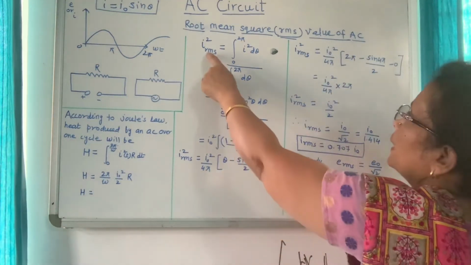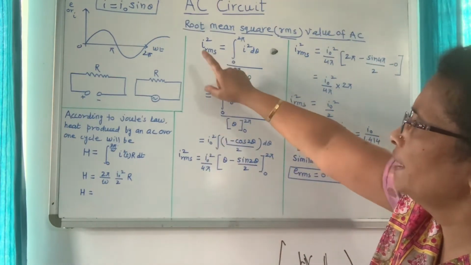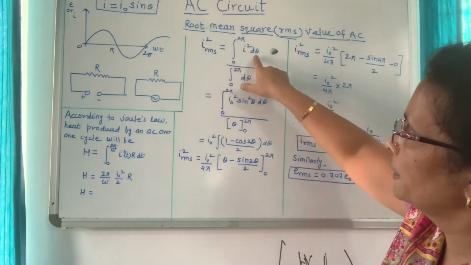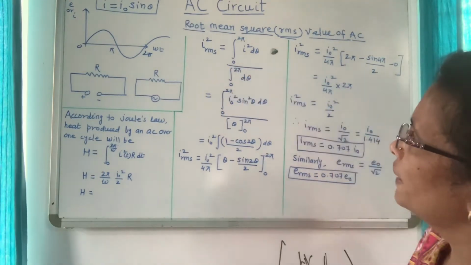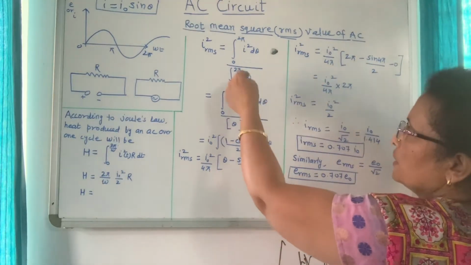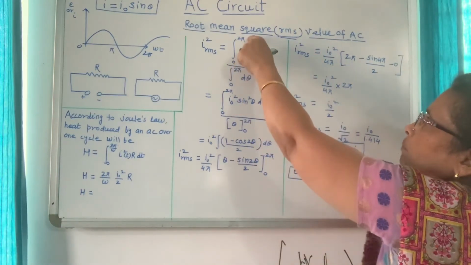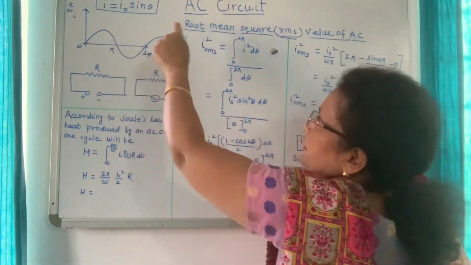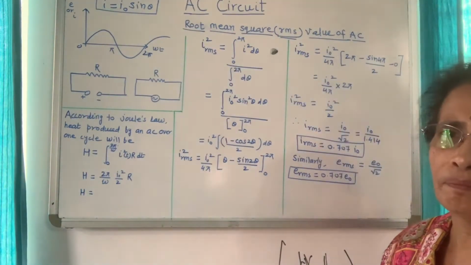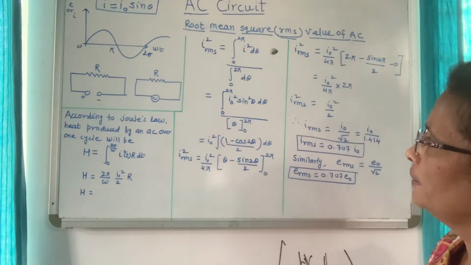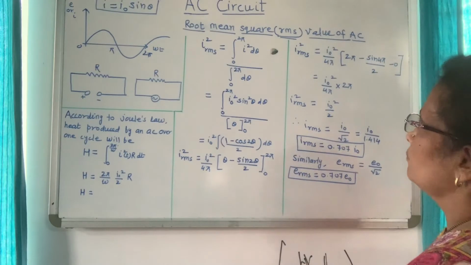So for this RMS value over one complete cycle, I square RMS, again we are finding the average. This is the average of the total current passing through it: integral of I square d theta divided by the integral of d theta, with limits 0 to 2 pi, that is for one complete cycle. What is I? I is I0 sin theta. Theta is taken for mathematical purposes, otherwise theta is equal to omega t.